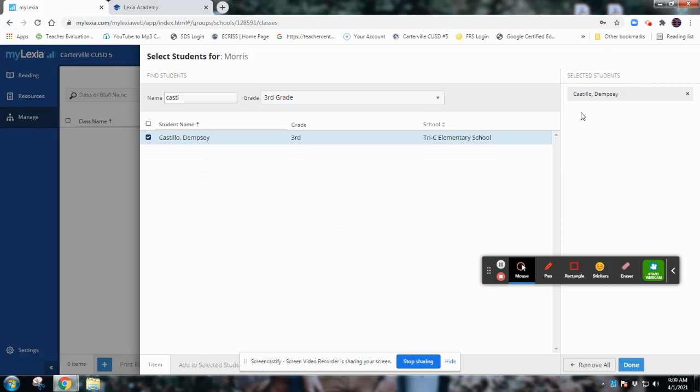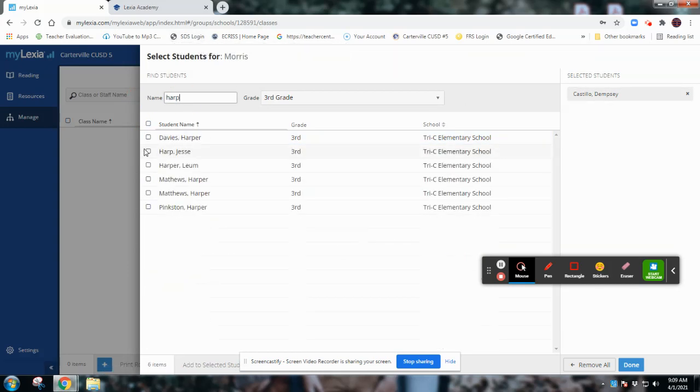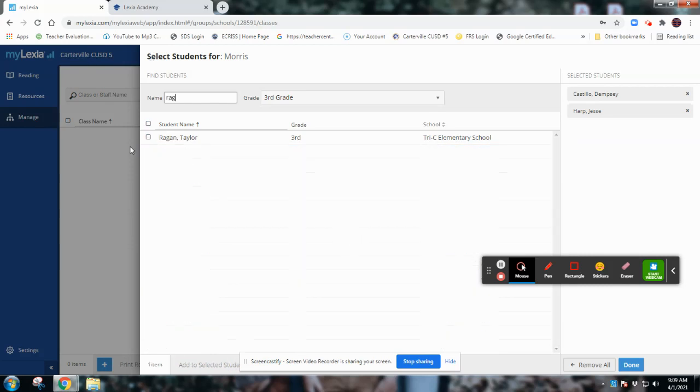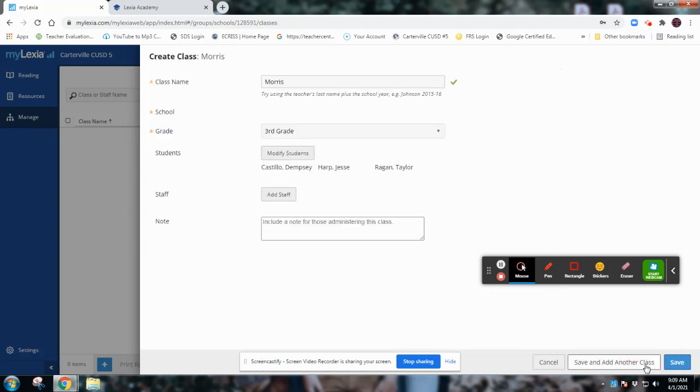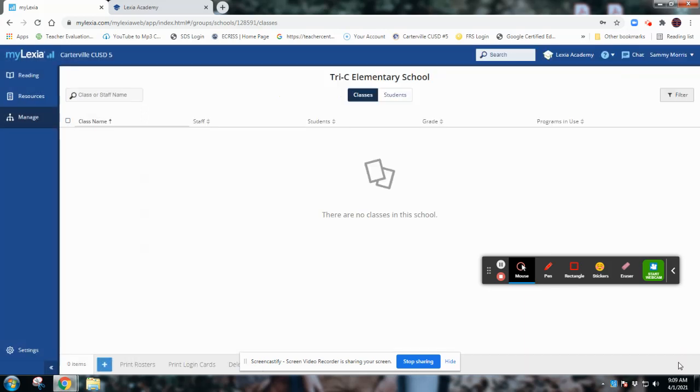You'll see over here on the right where it automatically populates that student, and we just continue adding until all of the students in that class are selected. I won't go through any more, but you can kind of see how that works. Then when you're finished, click Done, save the class,